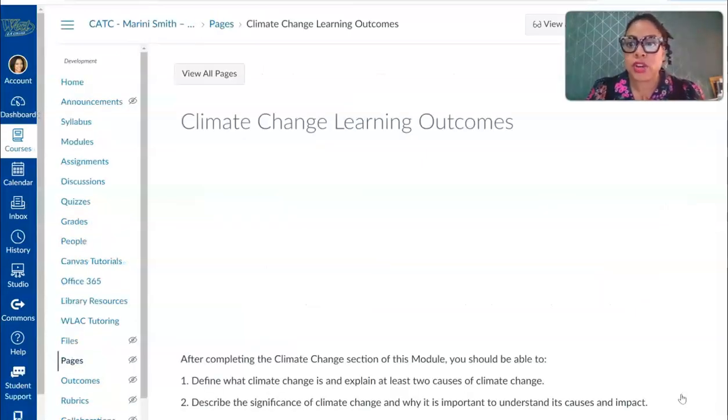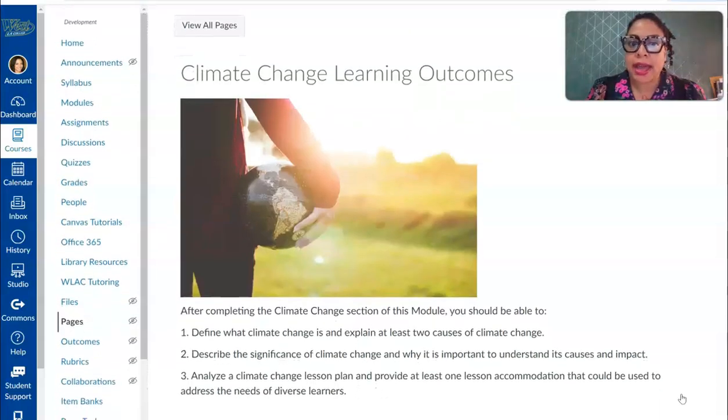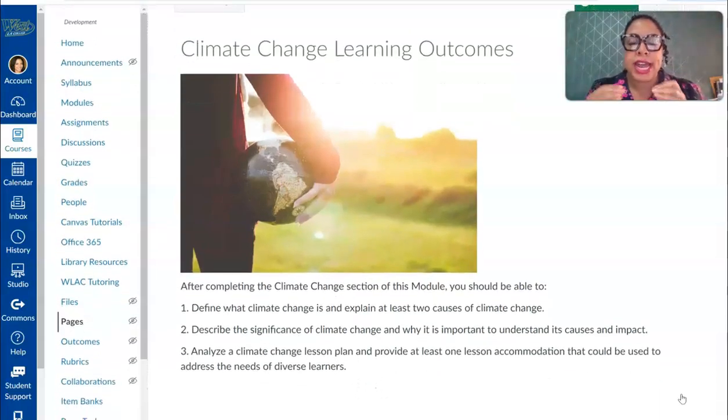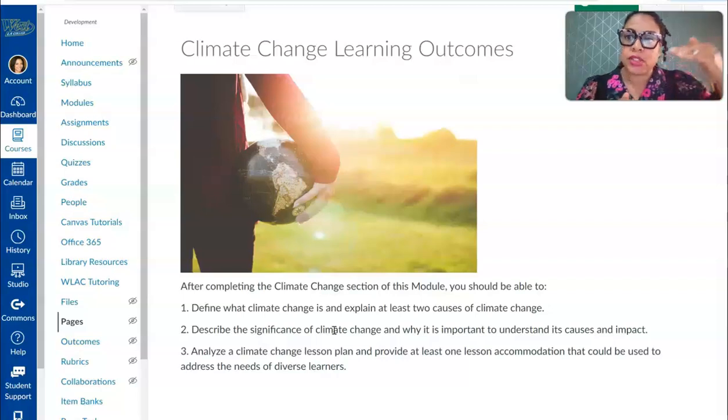And so again, starting with the end in mind, I had to think about what are the tangible deliverables that I wanted my students to take away from this lesson, from this embedded module. So I think about Bloom's taxonomy, and I wanted to scaffold my students up so that it's not just all lower level remembering and comprehending. I wanted there to be some analysis. So I start with just having them be able to define what climate change is and explain at least 2